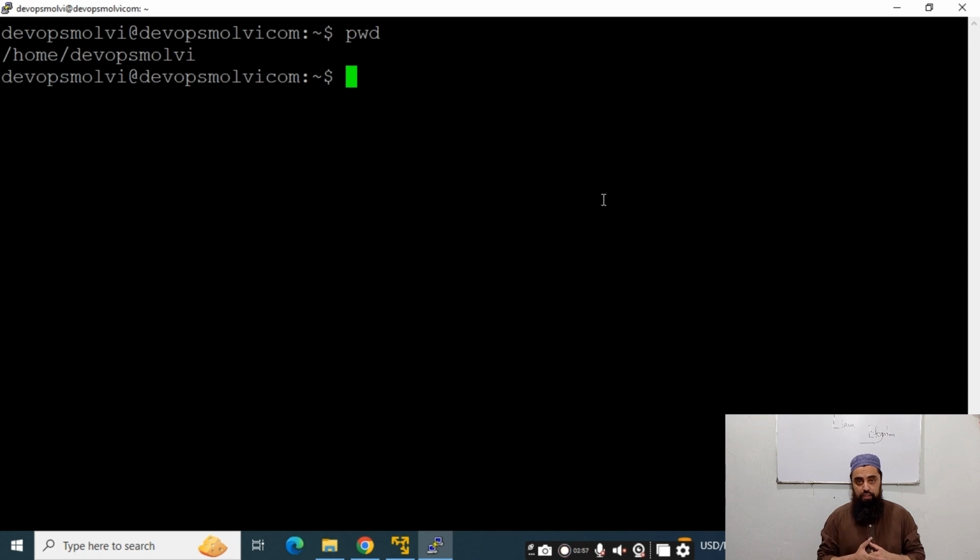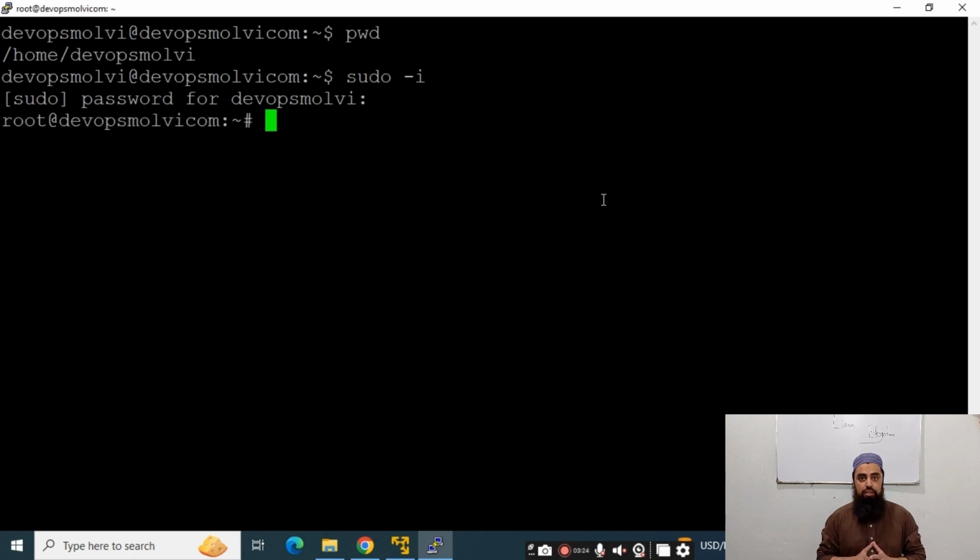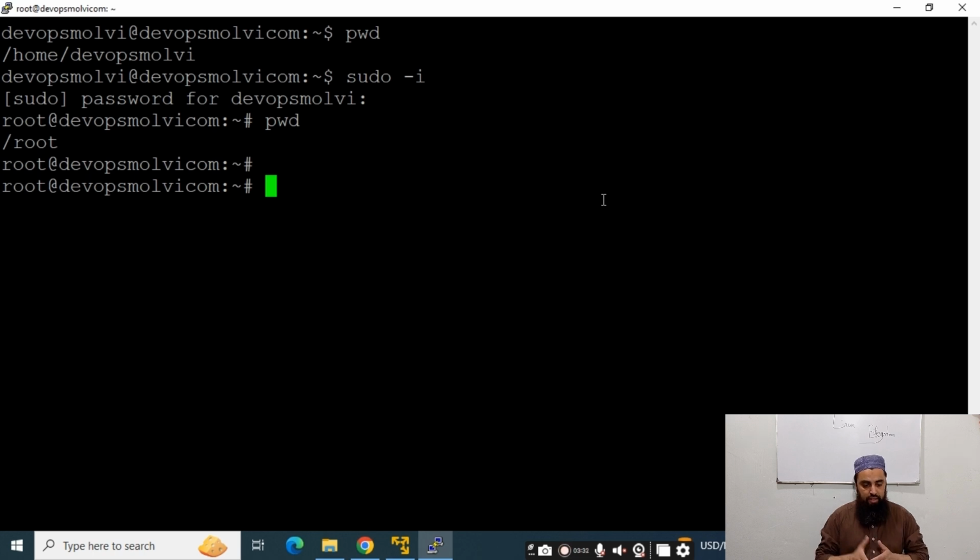Now let me log in via the root user. I will log in via root. Now I am the root user. Now I will run the pwd command, and it says that you are in the root directory, that is /root. So this is actually our file system, like I said, /. cd stands for change